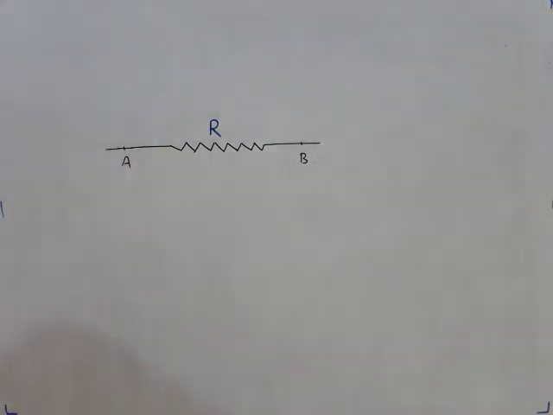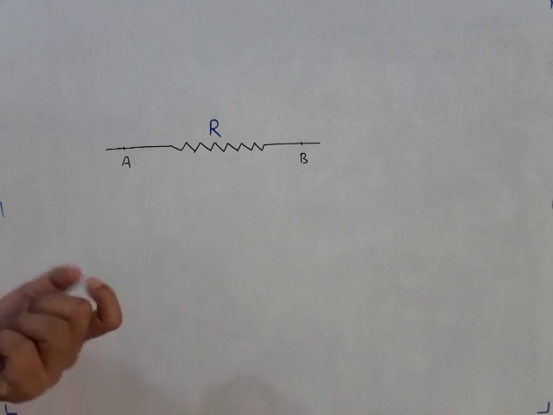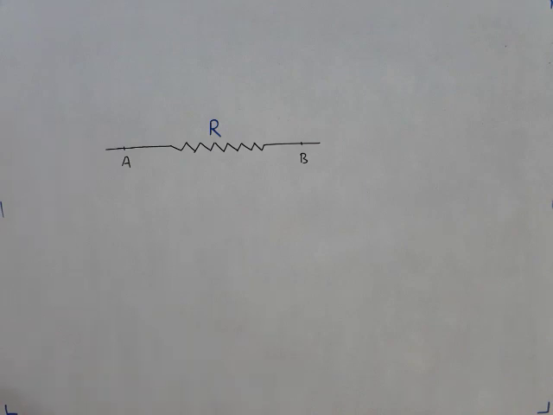For example, a bulb. That bulb has some resistance. That resistance is in its filament, the normal torch bulb that you see. The coils of a fan, they also have resistance. In heaters, water heaters, the coils, they have some resistance. In heaters, the nichrome coil, that nichrome has some resistance. All these things, electrical equipments, they have some resistance. That means they oppose the flow of current or charge through them.